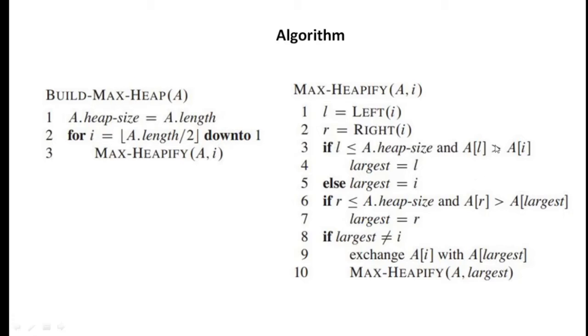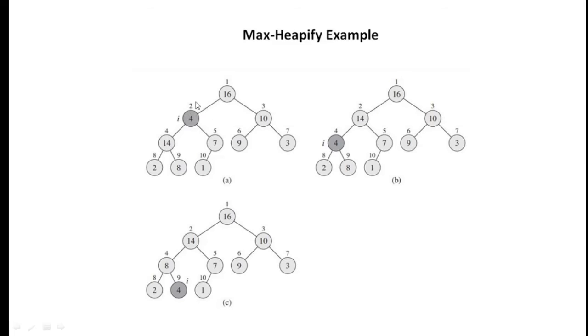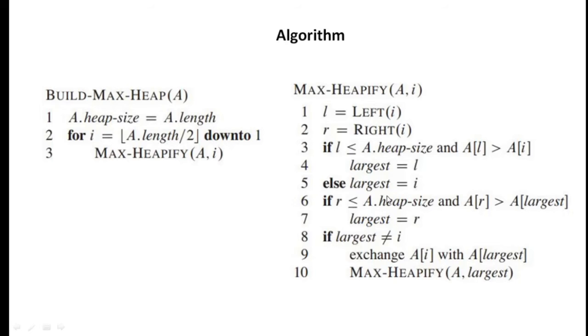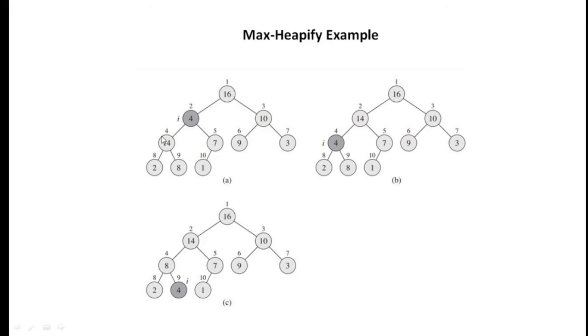And after that we compare left with the root value. If left is greater, then largest becomes left, and if left is not greater, it means that the root is greater, then largest becomes root. Say this is I, this is L, and this is R. Now left is compared with I, and left is greater. If left is greater, then left becomes largest, so here this becomes largest. The else part will not be followed, because we already know that this is largest.